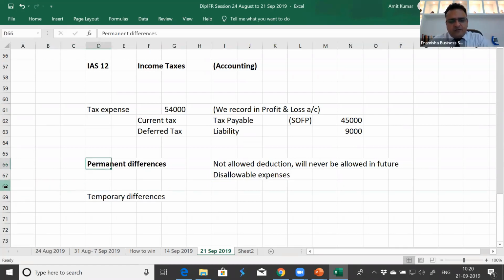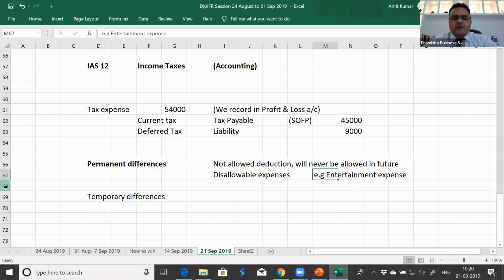If there is a permanent difference, an example can be entertainment expense. We took all the employees for a movie. This entertainment expense may form part of your profit and loss account as an expense. That is your accounting. But as far as income tax is concerned, according to them, this is not an allowable expense. They'll add back the income. Suppose we spend 50,000, so they'll add back 50,000 and will charge tax on it.